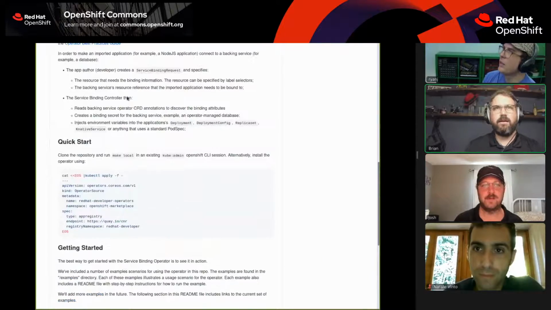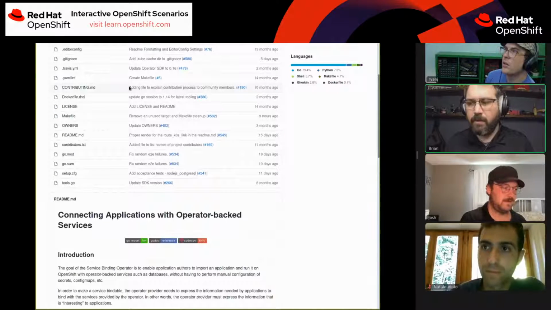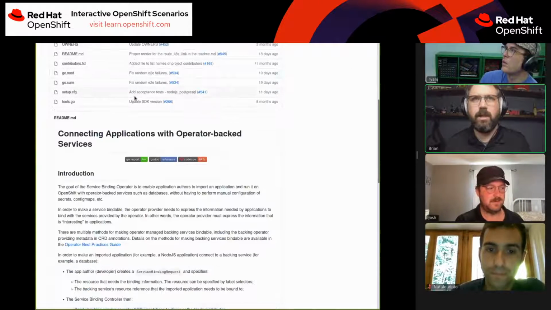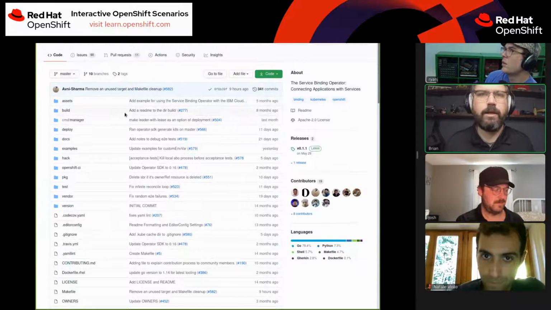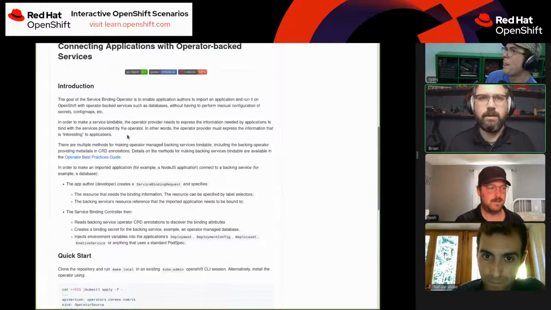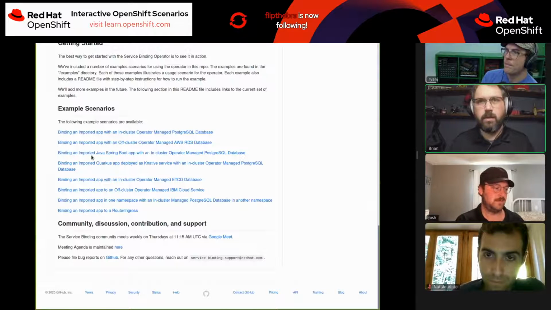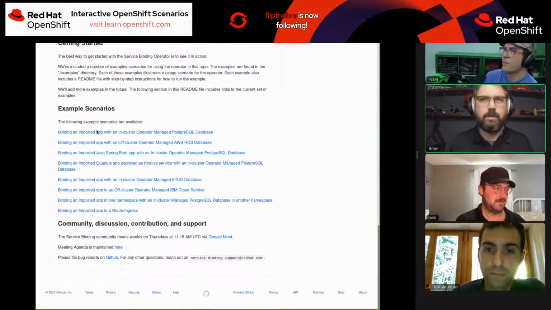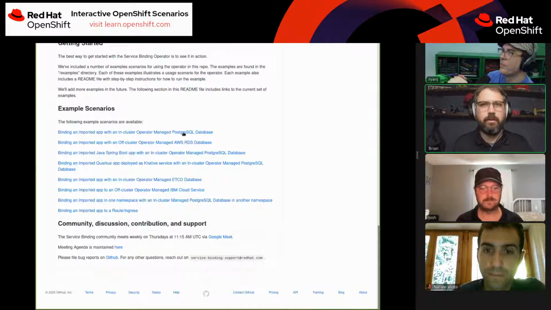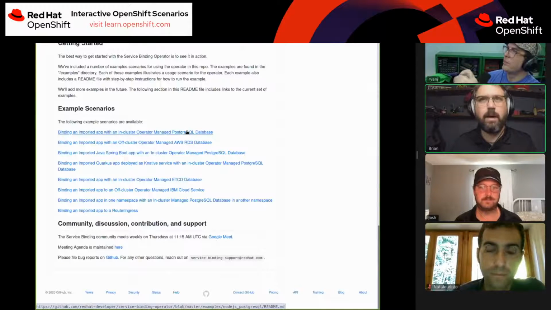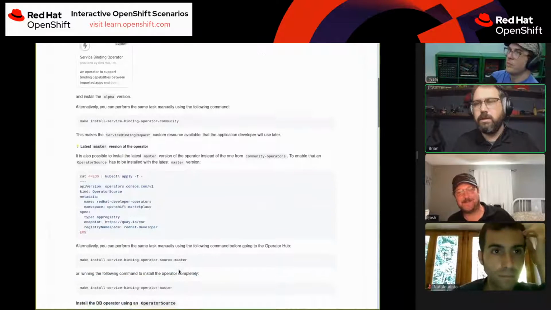So how I got there and how you could test this out yourself without deploying your own app: if you want to see it yourself, the same way that I have it deployed, just look up the service binding operator. There are details on GitHub on what you need to do to get started. There's a couple different examples if you scroll down here. Depending on your own situation, this doesn't just work with PostgreSQL. This works with AWS. It could work with etcd, for example, or what have you. The one that I used is the very top one, and on here there are details on what you need to do to roll this out.